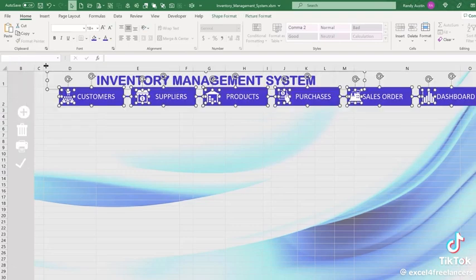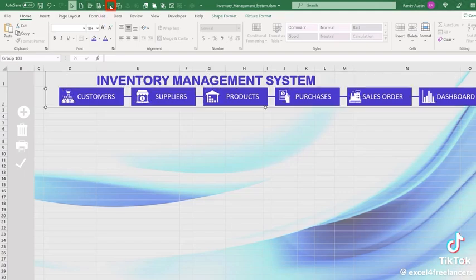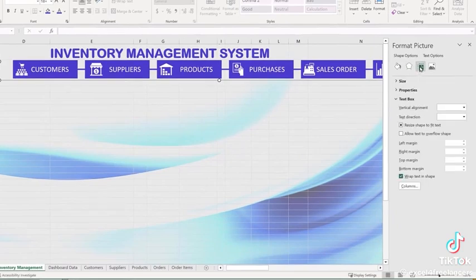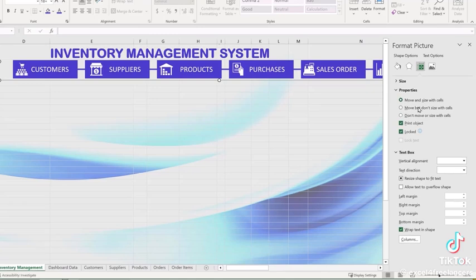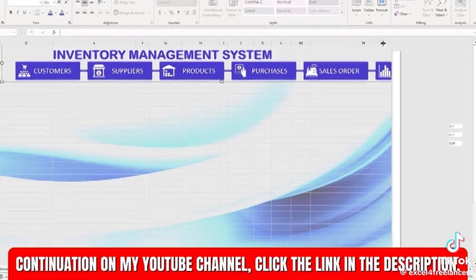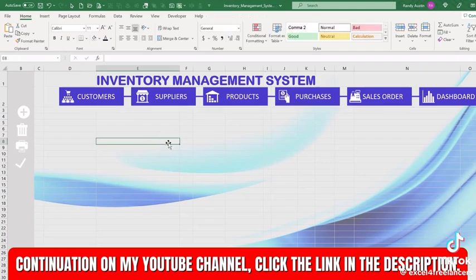So I'm going to select everything with my selection tool and I'm going to group it. And the next important thing is we're going to use Control 1 and we're going to make sure that the properties portion of this does not size with cells. So we don't want it to size with cells, but we do want it to move. And that's for the whole group. Okay, so we can undo the selection tool. Now we've got our menu pretty much ready. So let's